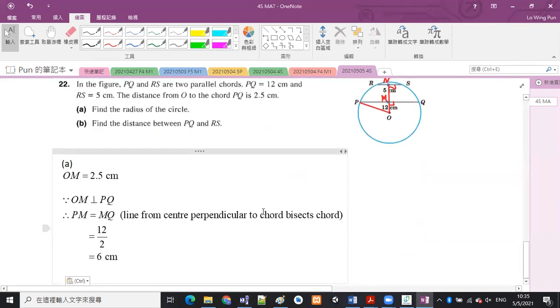Okay, I just found this part. PM and MQ are both equal to 6 cm. 點解要揾 PM 啊？因為咧，我哋喺 triangle